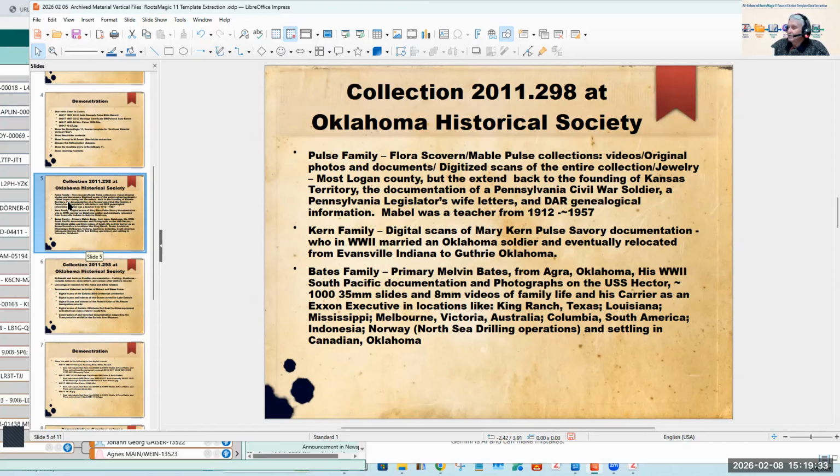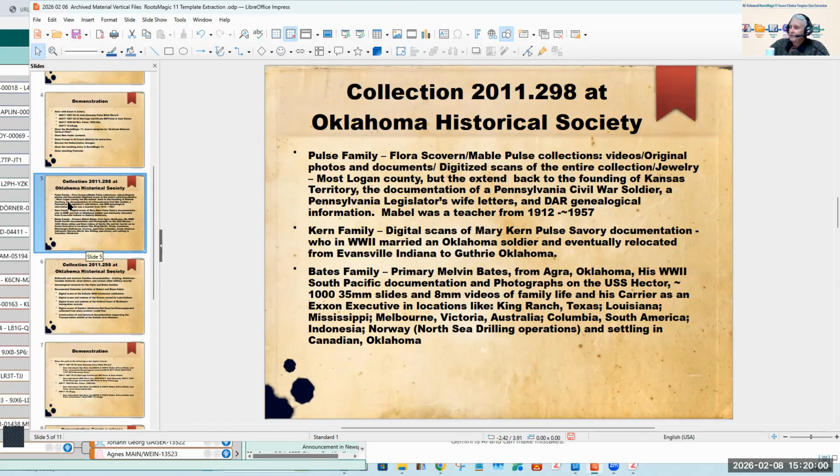And some pieces were, and I think the jewelry was, but I don't know that for sure right now. Mostly in Logan County and Oklahoma, but it extends back into the founding of Kansas Territory and the documentation of a Pennsylvania Civil War soldier, a Pennsylvania legislature's wife's letters, and DAR genealogical information.